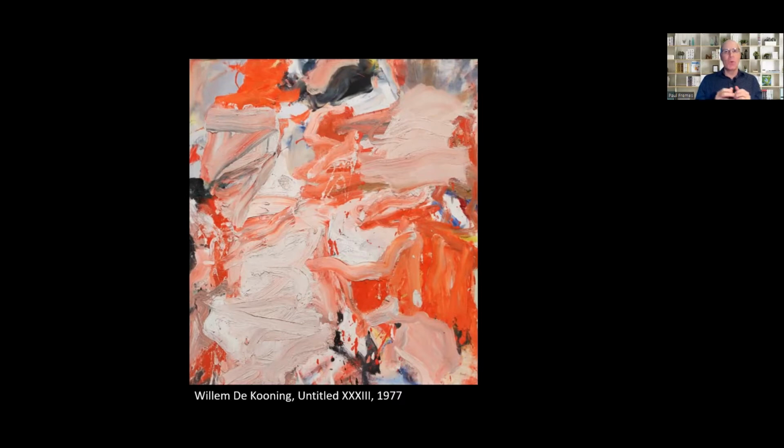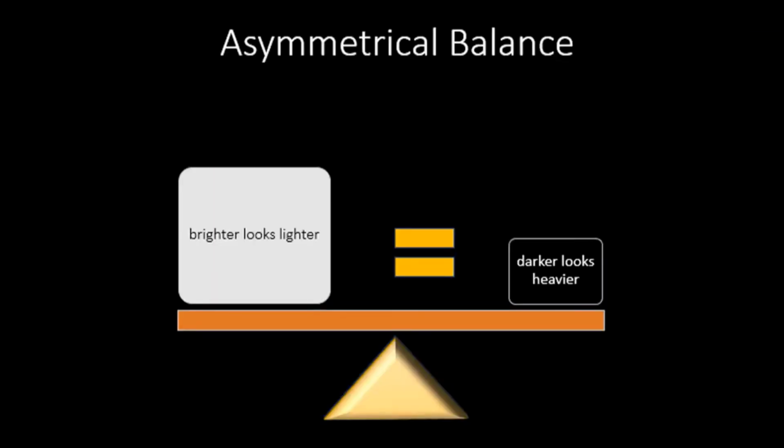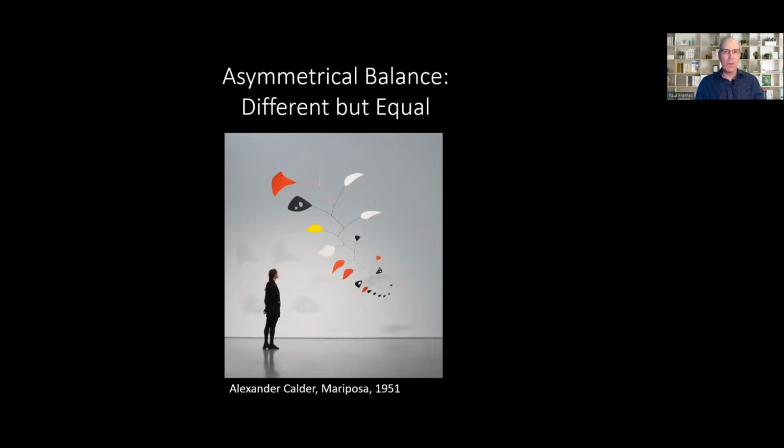What? Well, asymmetrical balance just means that two parts of something can be different and equal. For example, this sculpture by Alexander Calder is an excellent example of asymmetrical balance because it transforms the concept of asymmetrical balance from a concept to something that is physical. If you look closely, you can see that the sculpture is hanging by this wire here. So what that means is that